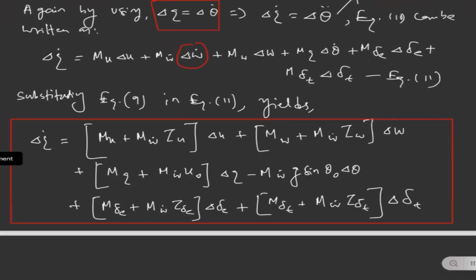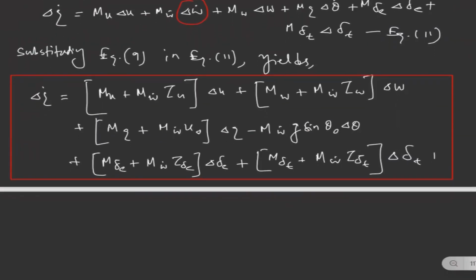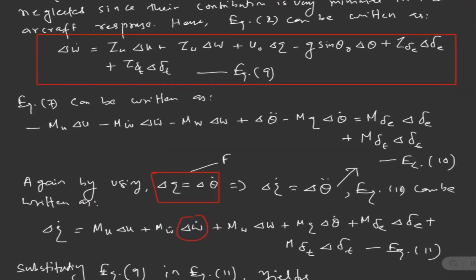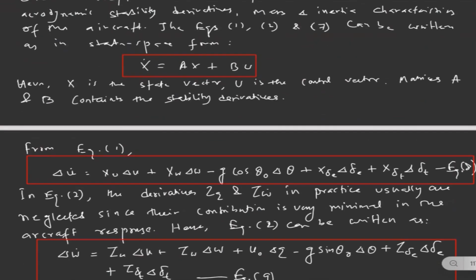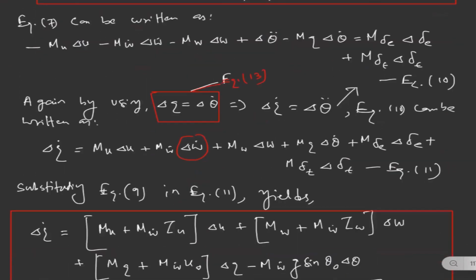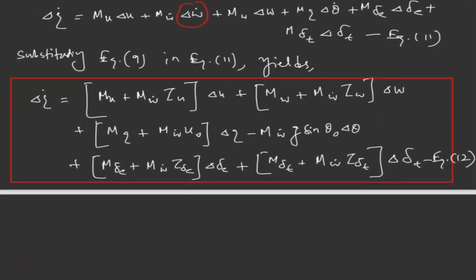Let's define this equation number 12, and this equation number 13. Equations 8, 9, 12 and 13, if we write in compact form,